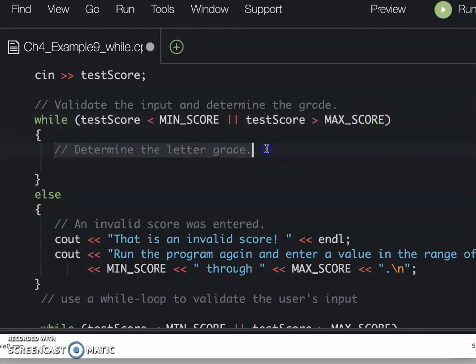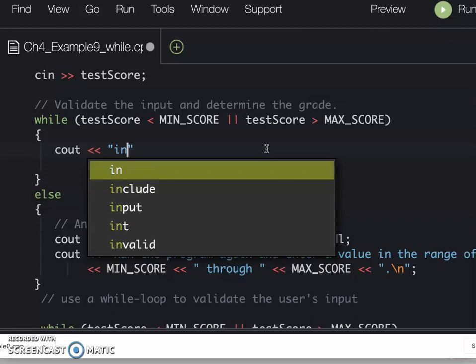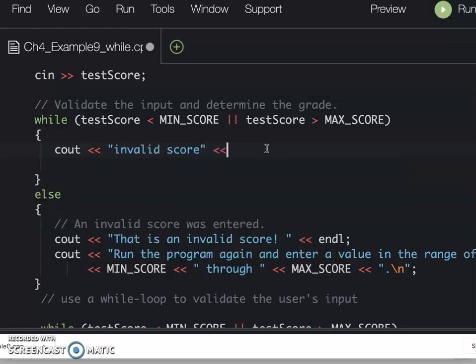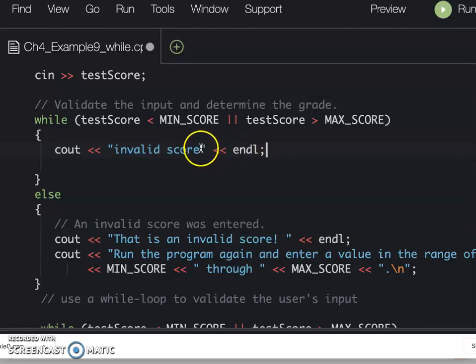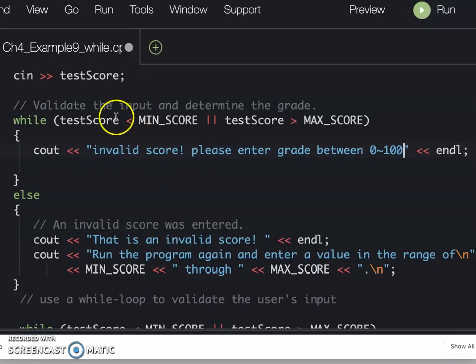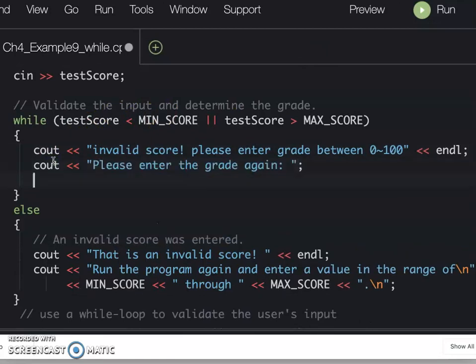So that's why here we will show, since that's invalid, you will see the output invalid score. Besides telling them it's invalid, you need to tell them why it is invalid. So: invalid score, please enter grade between 0 to 100. Then we need to ask them to enter again. So then we see